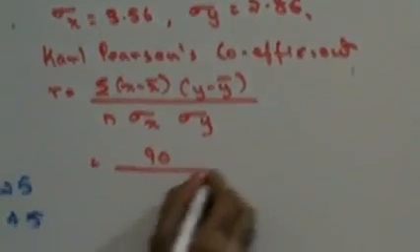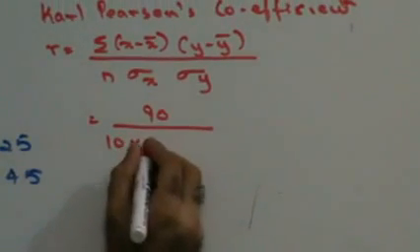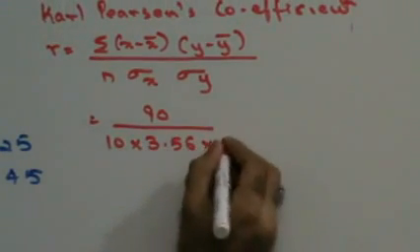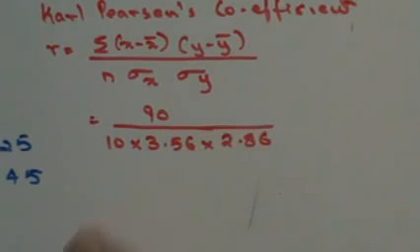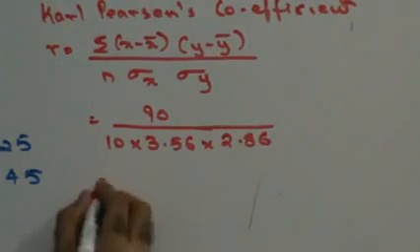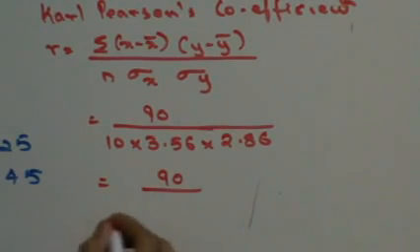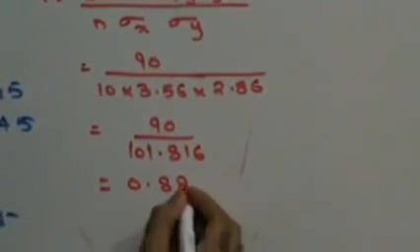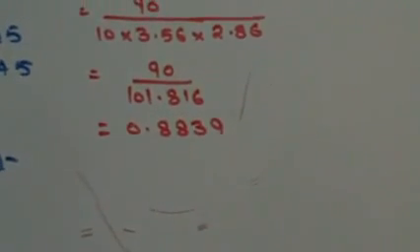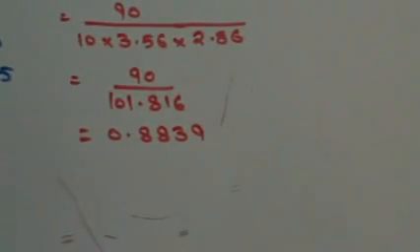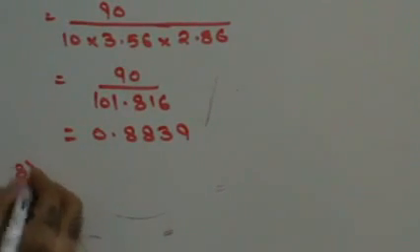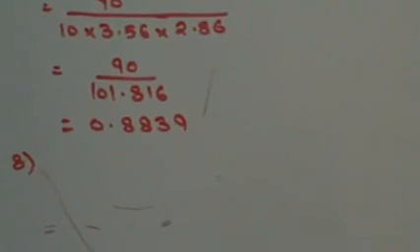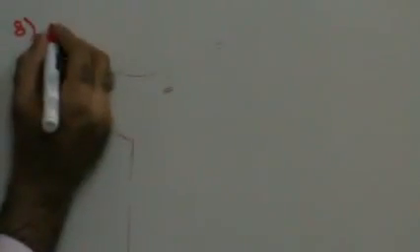So this is 90 upon n is 10, standard deviation of x 3.56, standard deviation of y 2.86, right? Divide this data. So in that case you will get 90 upon 101.816. So you should get this answer as 0.8839. That's how you get Karl Pearson's coefficient. Next,